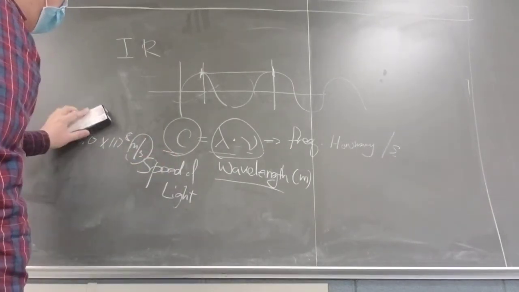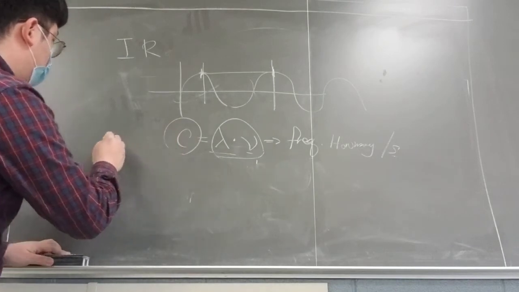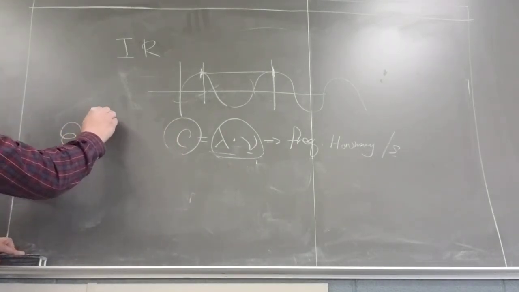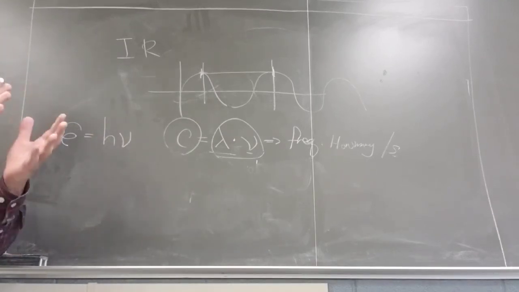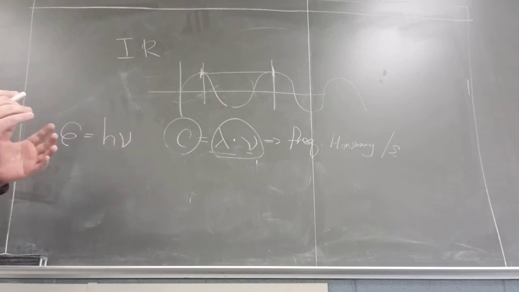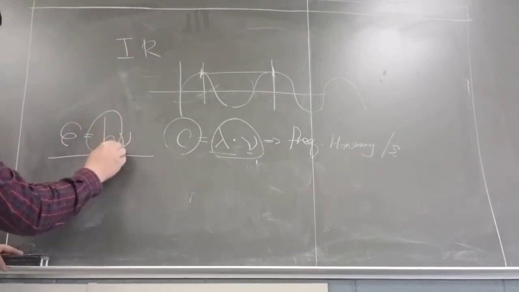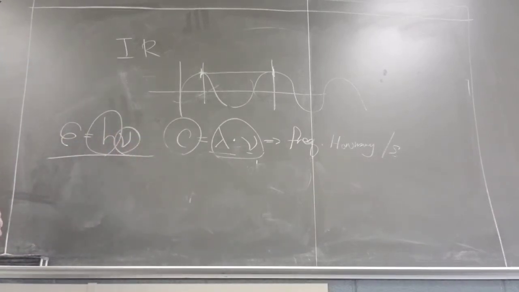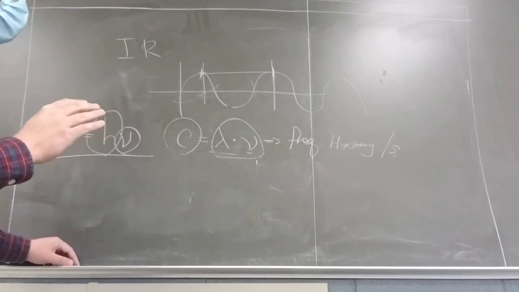So if that is the case, there's another thing you need to know from here: the energy of the photon. Quanta, or electrons, are coming from the quantum, meaning the smallest of something. That comes with the Planck constant, okay, Planck constant times the frequency. So the key point here is that